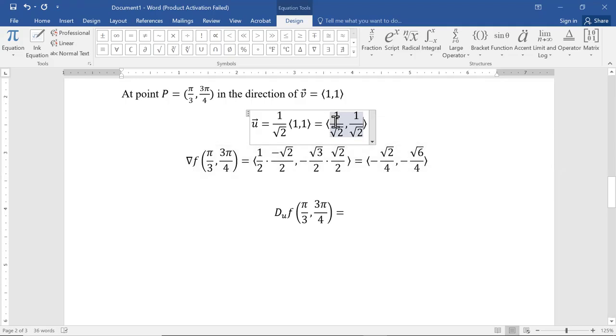If I multiply 1 over square root of 2 by negative square root of 2 over 4, I'm going to get negative 1/4, first component times first component. Then second component times second component, I get a negative,